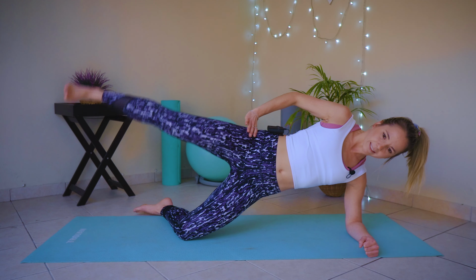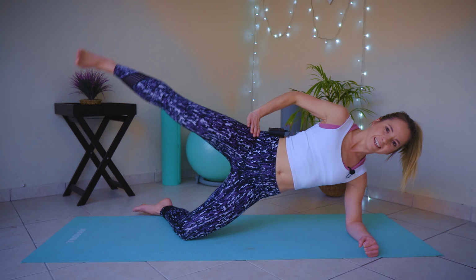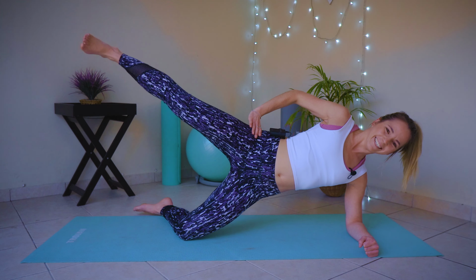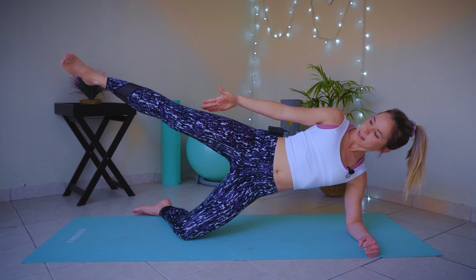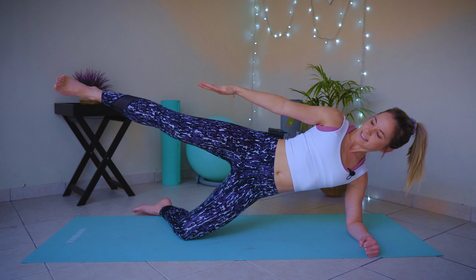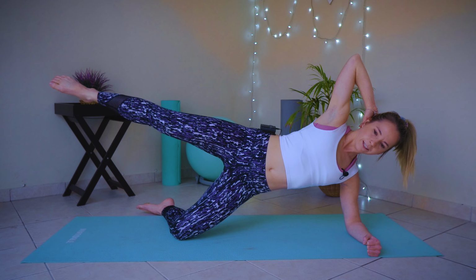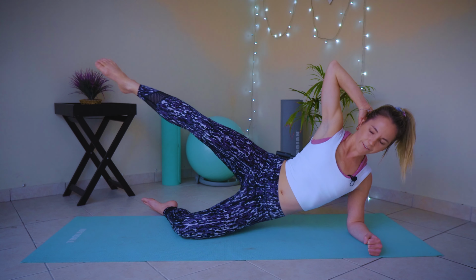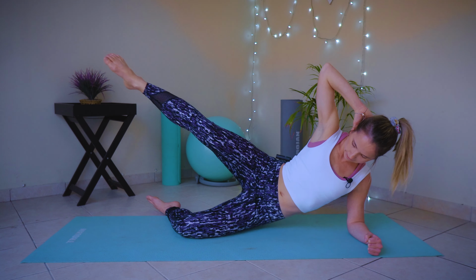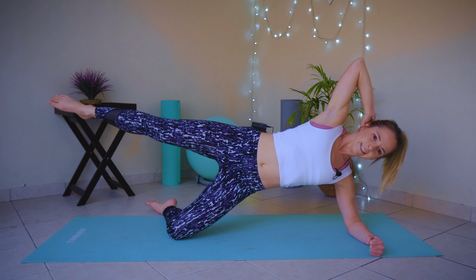Try keep that hip height and hips forward. 5, 6, 7, 8, 9, and 10. Into hip lows, keeping that hip and knee height and ankle height. We're inhaling, exhaling, lower, and 1, and 2, and 3, and 4, and 5, and 6, and 7, 8, 9,